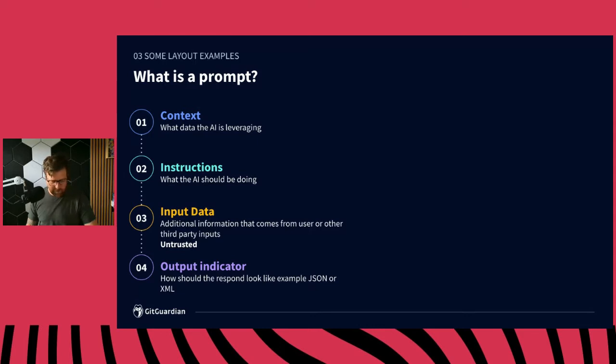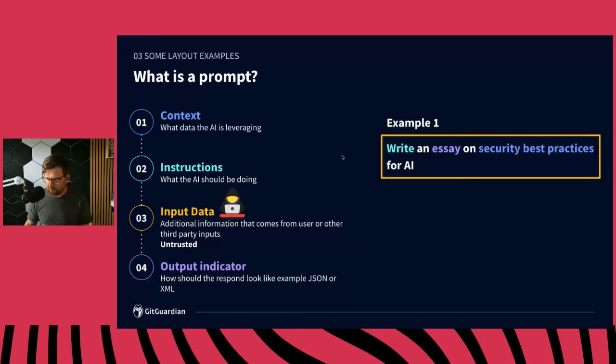So what is a prompt? A prompt typically has 4 parts to it. A prompt is kind of like, what am I going to write to ChatGPT to get it to do something, right? So there's context: what kind of data is it leveraging? The instructions: what do I want it to do? The input data and the output indicator. So a prompt might be, write an essay on security best practices. This gives you an idea. It's got instructions, the output indicator is an essay, the context is security, and the input data,